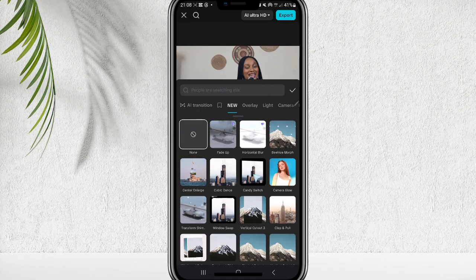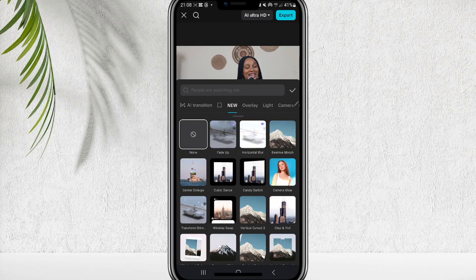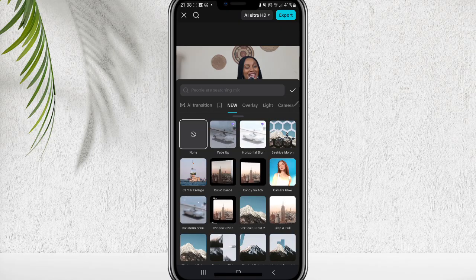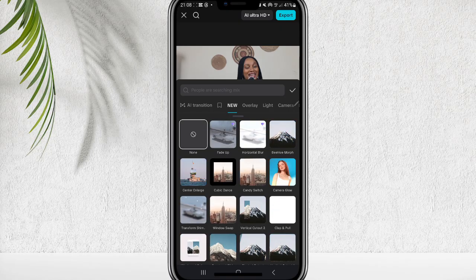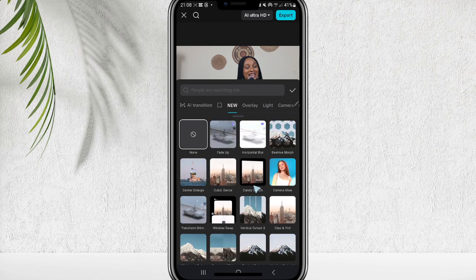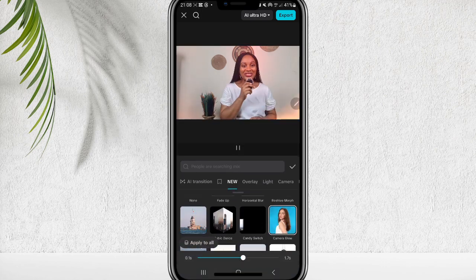So for me, I'll go with this candy switch. You can check them out. There are lots and lots of transitions that you can choose from. Either this camera switch, this candy switch, or camera glow. Step number one is,